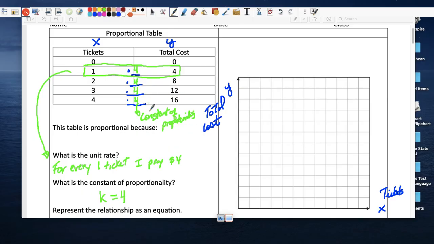It's proportional if you take any of these ordered pairs: 0, 0, 1, 4, 2, 8, 3, 12, 4, 16, and they'll all be multiplied by the same constant of proportionality, which, as you can tell, is the case. All right, so that answers our first question. This table is proportional because for every ordered pair, meaning the 1, 4, 2, 8, 3, 12, the constant of proportionality